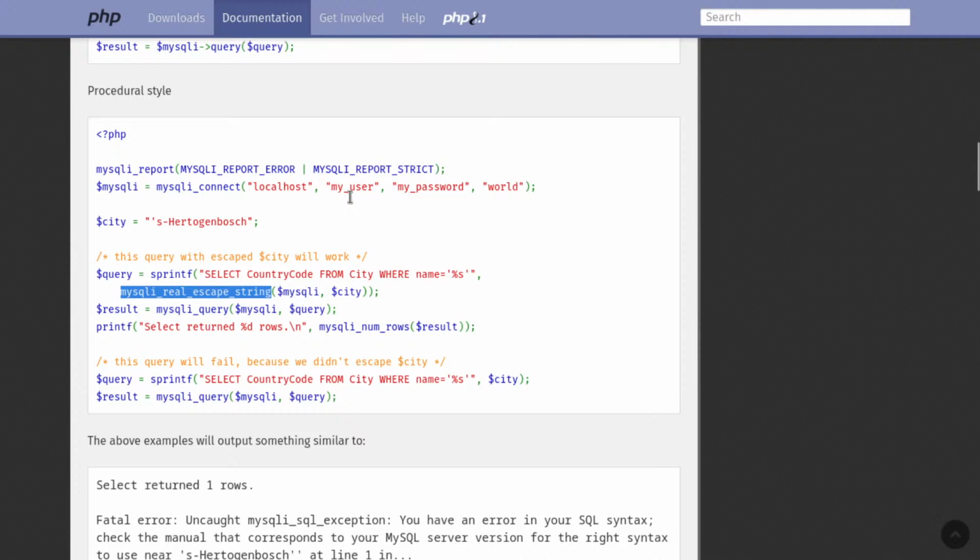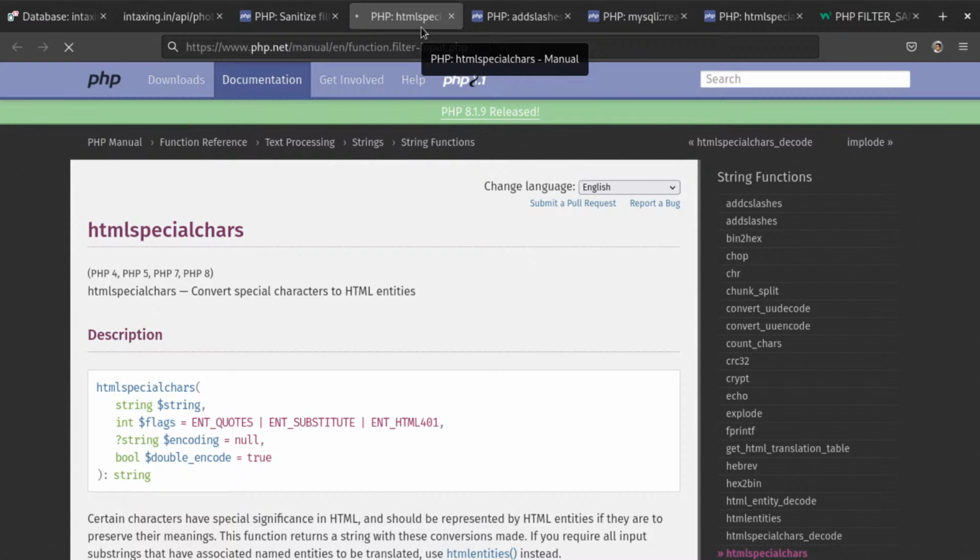So where's the filter? Input filter. Input filter. I can't get it. This guy is telling me